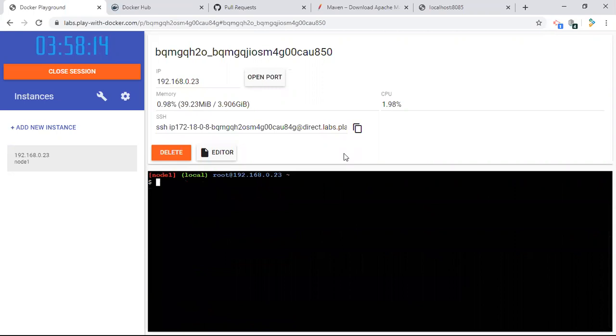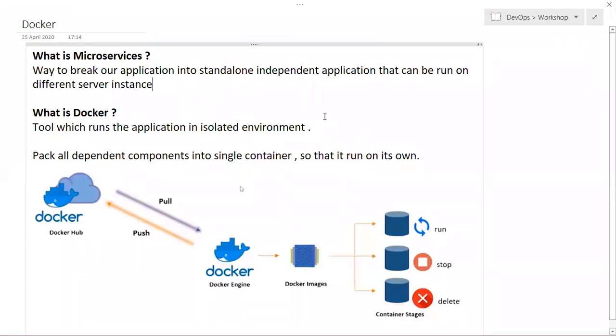Okay, first command. We'll test all the commands one by one. So this is the life cycle of Docker. We will take one Ubuntu image from Docker Hub and pull it. Then we'll create our own images. We are going to install Tomcat in our images, and run our Tomcat application. Then we will push our images into Docker Hub. Okay, this is what we are going to do. Go.